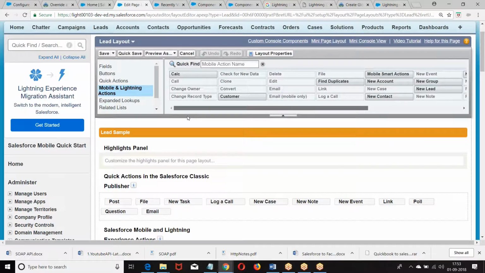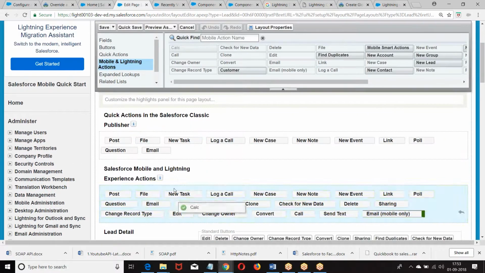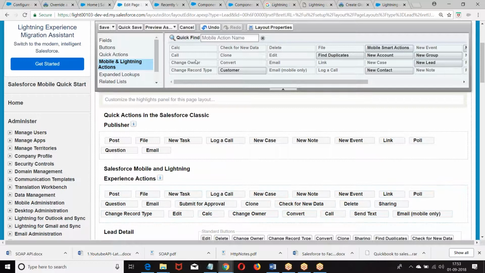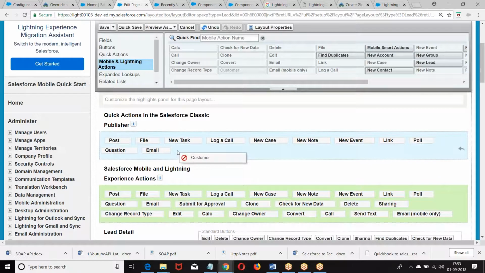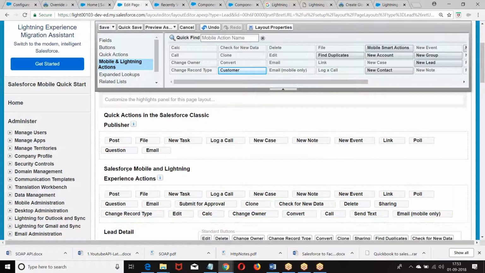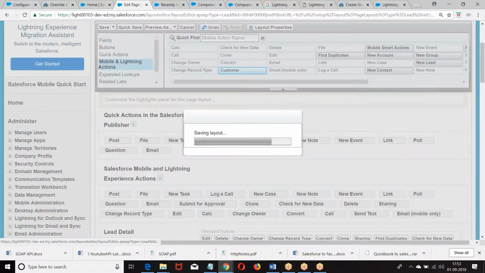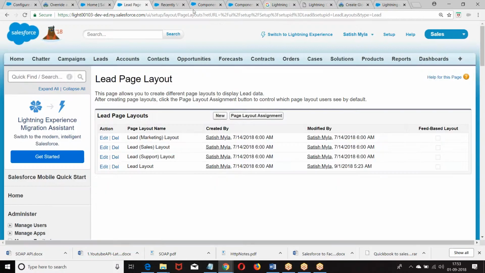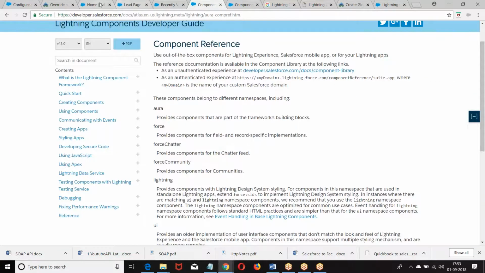Come again? Calci. This is the action. Select this action, and this is lightning. Now if you try to add this under this, it will not add. Why? Because this is Salesforce Classic Publisher. This is Salesforce Mobile and Lightning. We added our action called Calci. We go to